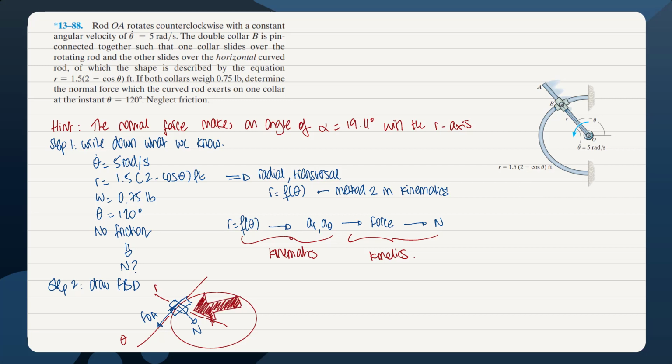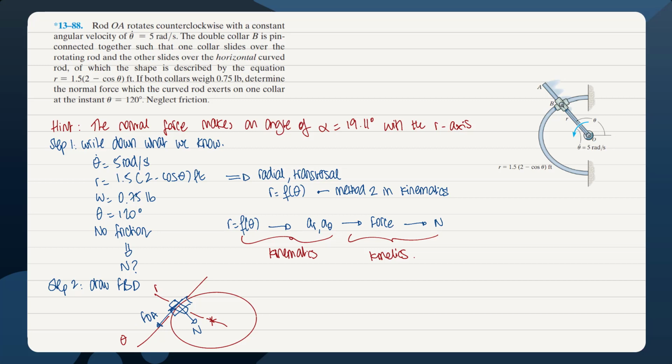We are given from the hint that an angle alpha equals 19.11 degrees is formed between the r axis and N, so we can make use of that to sketch N onto the diagram. Now, eventually we also have another force which is actually moving the collar, and so this force is labeled F_OA, and it's actually generated by the fact that the linear rod is rotating at a specific rate. So two forces are acting